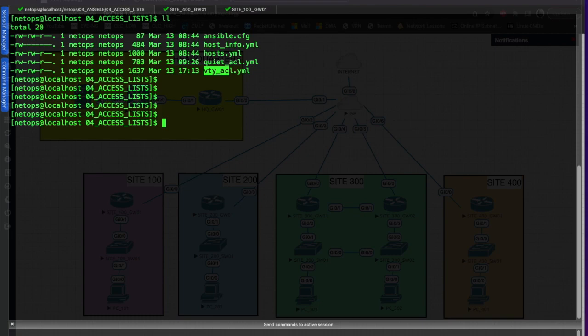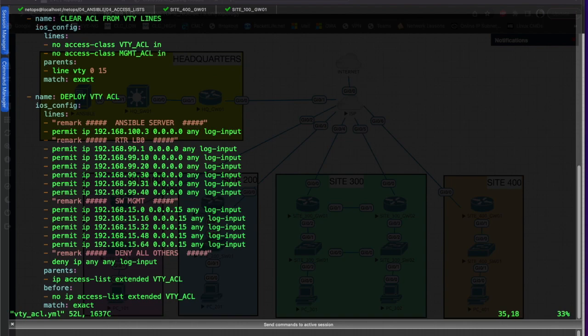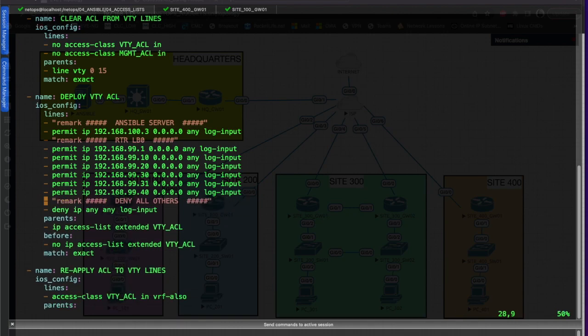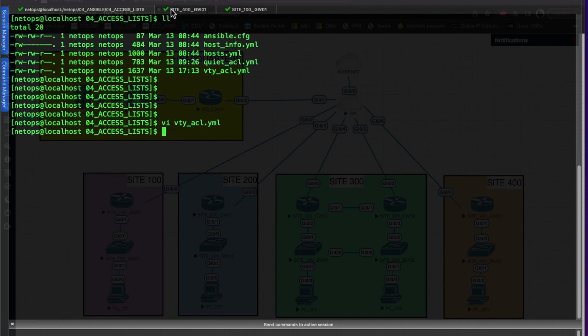The only thing we have to do is come in, we VI or edit the VTY ACL playbook. From here, I can just be on that line. I'm not going to insert or anything. I'm just going to hit the D twice, and it's going to delete those lines. So now the only thing we have is our Ansible server, our router loopback addresses, and a deny all at the end. If we escape, colon WQ to write and quit,